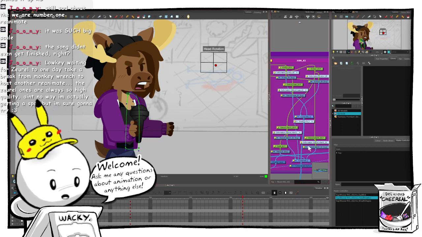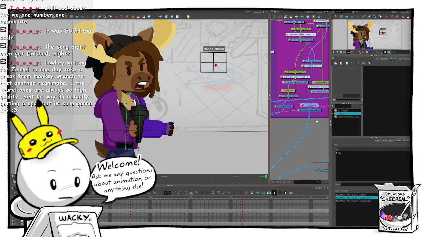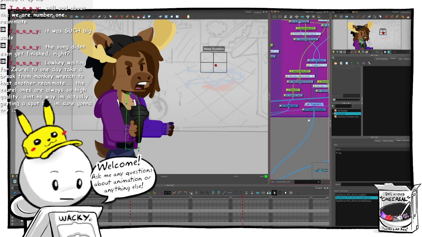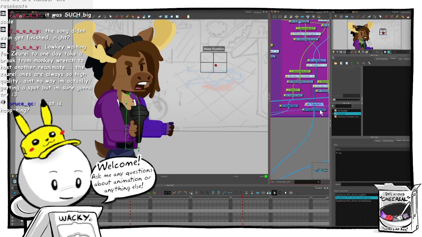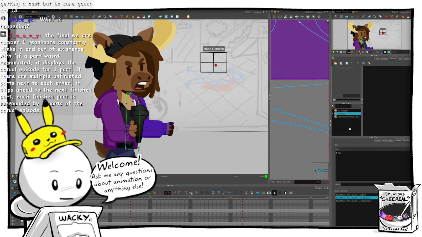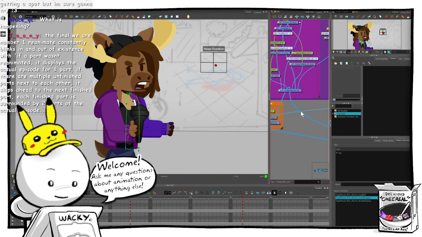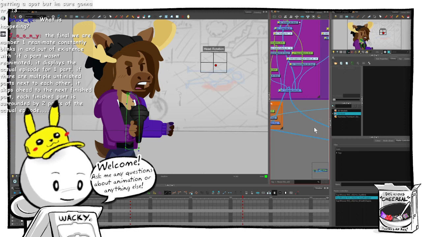Is there something going on with where the composite goes? So that's the arm. And then that's the arm. They're all passed through. What is happening?